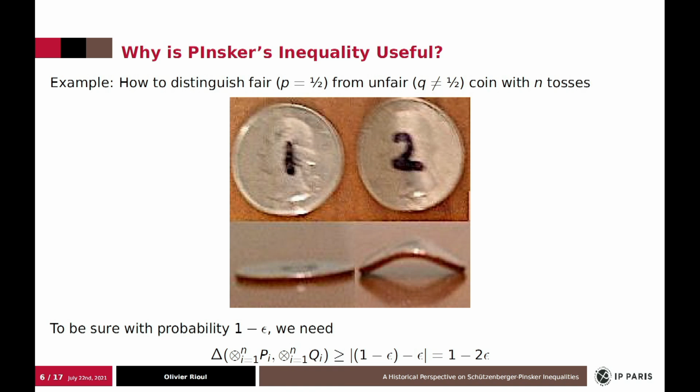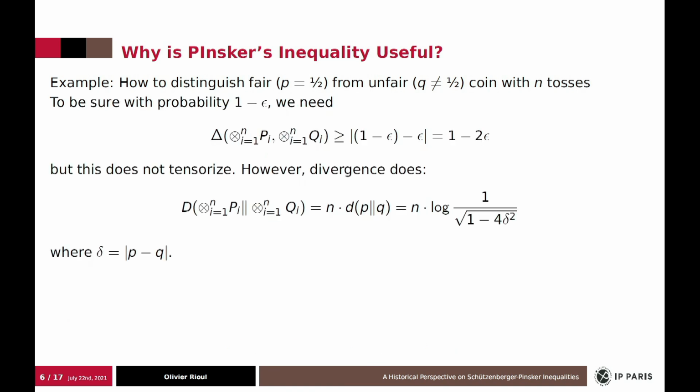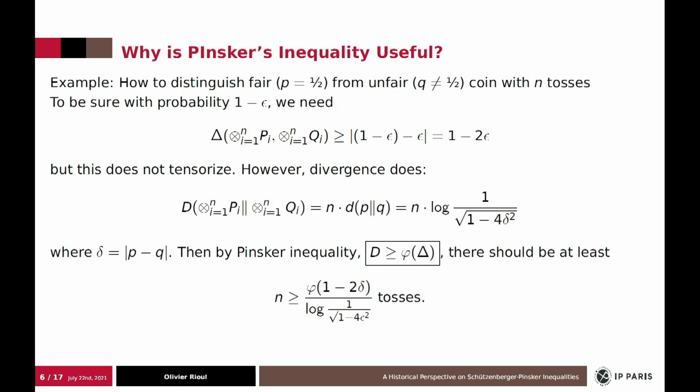All right, the problem is that delta does not tensorize for the product of this distribution. However, divergence does tensorize, so we have to make the connection between the two, and that's the content of Pinsker's inequality. So by Pinsker's inequality, you easily get a computable bound on the minimum number of tosses to actually be able to distinguish with some probability 1 minus epsilon. So you have many other examples in the literature in computer science, which explains why Pinsker's inequality is so